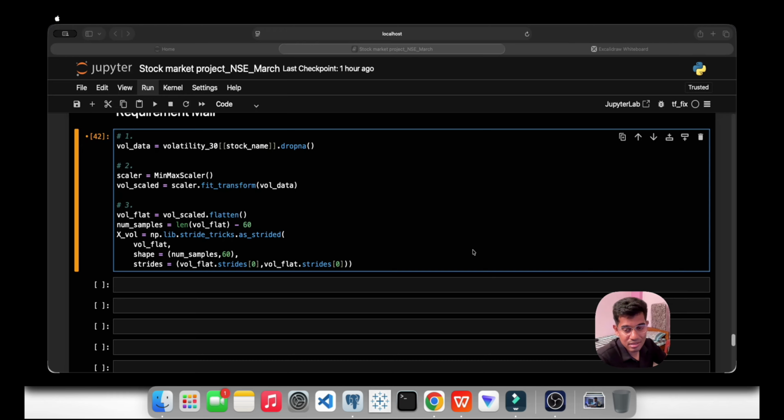x vol dot reshape. Reshape is a function. In this we will also give the shape, x vol dot shape, and in this shape we will give two values for rows and columns: 0, comma, and then here we will give 1.